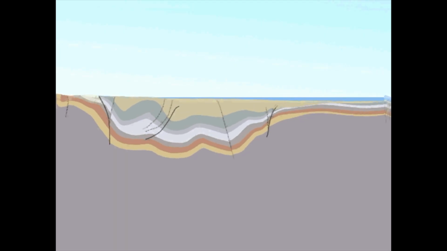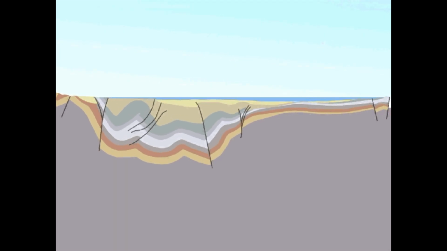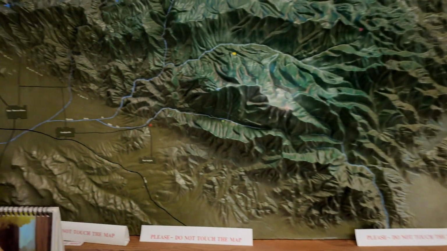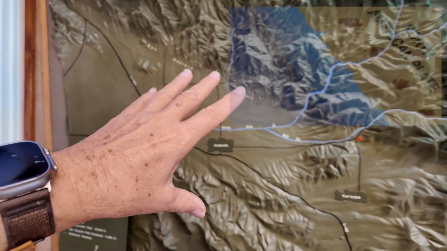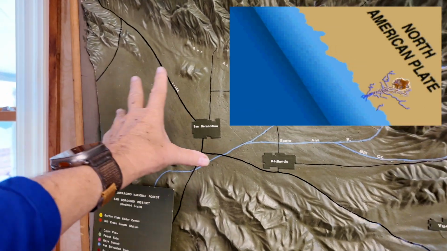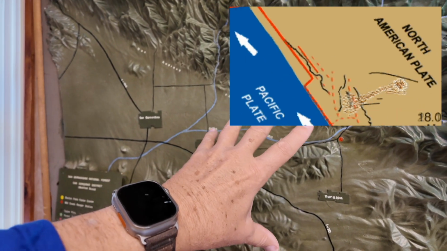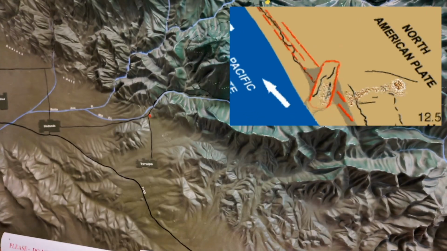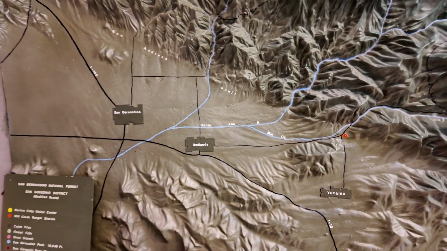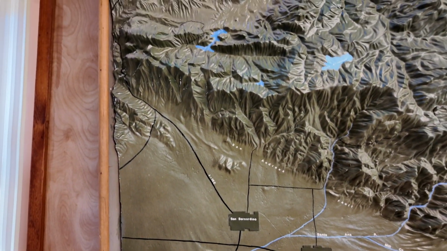But now look at this. We live at the top of the Inland Empire. The geology and geography of the Inland Empire was built by the San Andreas Fault. Not only that, it was built by a giant alluvial fan. Now, alluvial fan is where the dirt's dropped when water slows down. This is right here, the start of the Inland Empire. And all this flat dirt, that would be also where the orange groves are and everything else, came from up here and all the way down that way. So I just wanted to let you know that